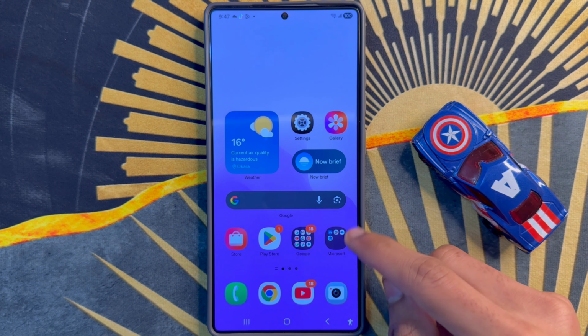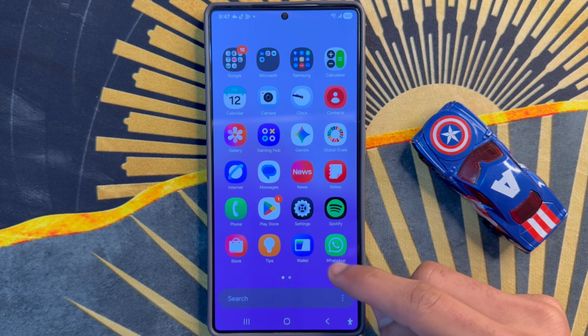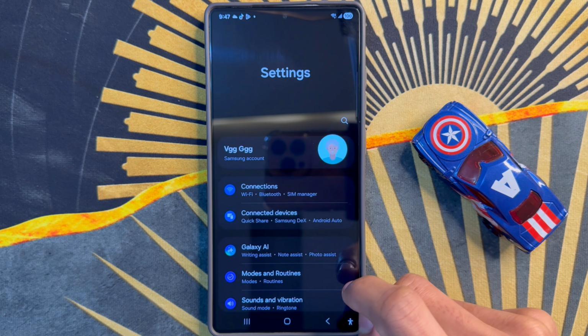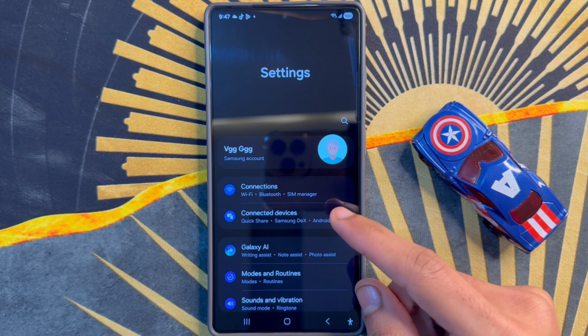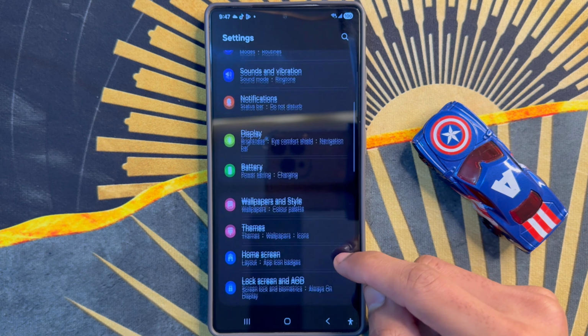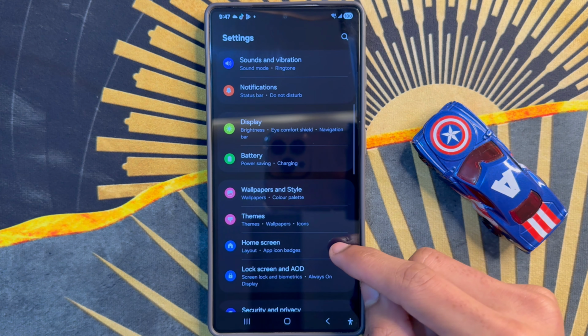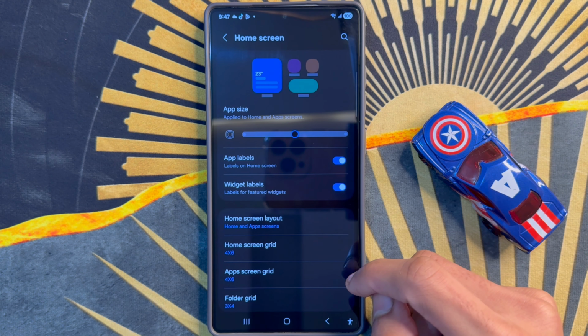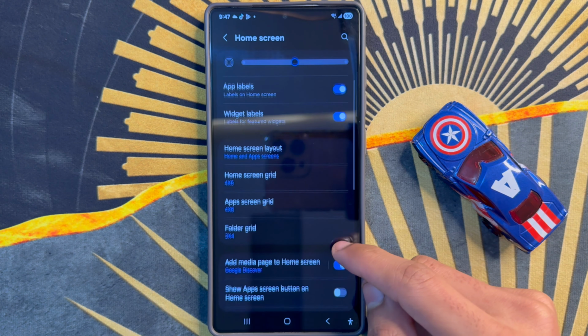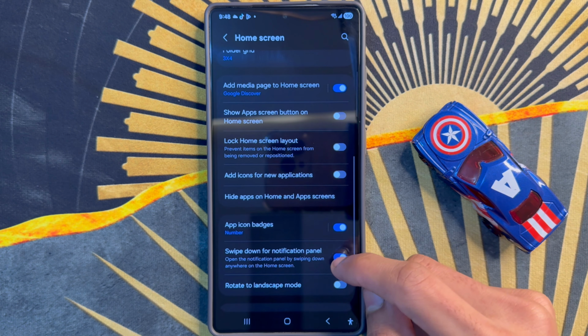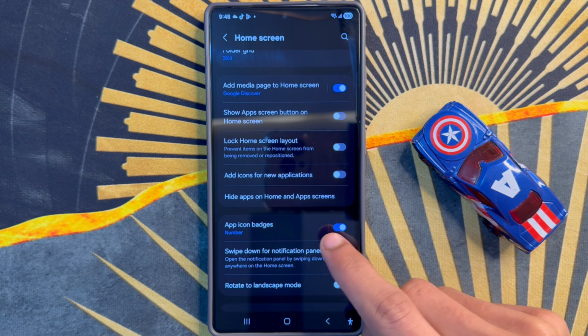First of all, go to app library. Now here, click on settings app. Now in settings, scroll down and click on home screen. After you click on home screen, scroll down and you will see app icon badges is here, so click on